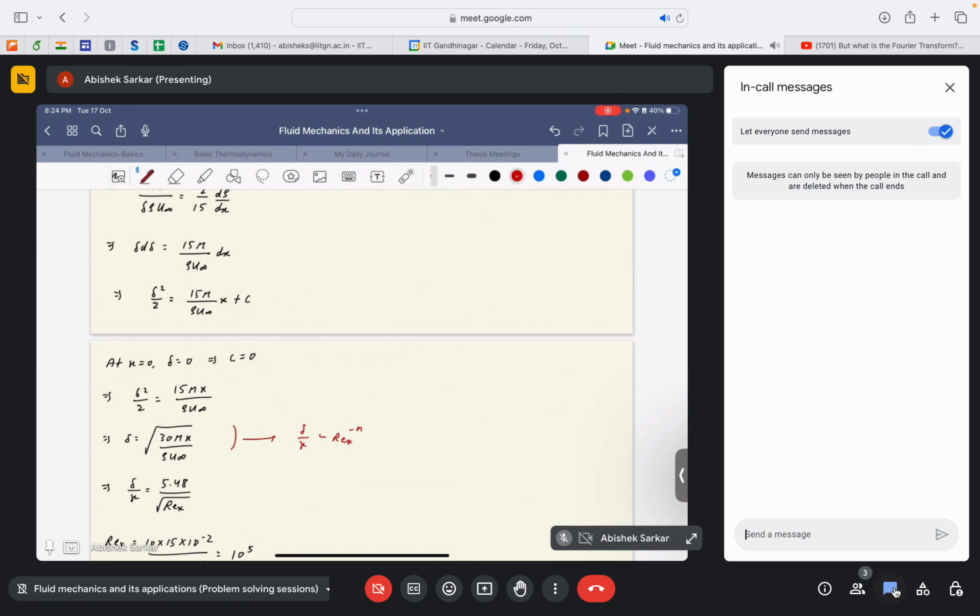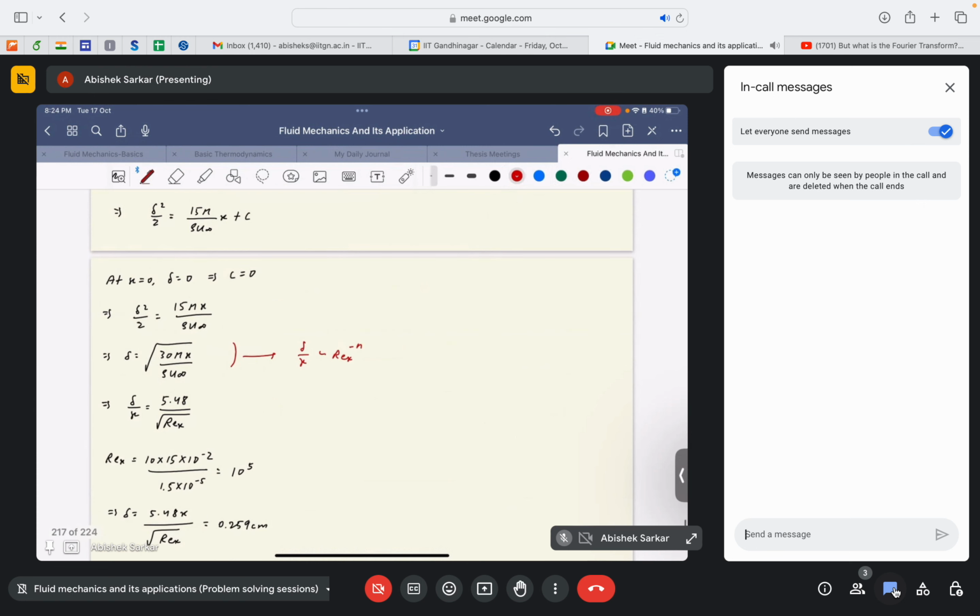Okay, so after we do that, we get that delta by x now is equal to 5.48 divided by root Re_x. Okay, now see the catch. That's why I wanted to show this result. When we were dealing with the Blasius solution, if you recall, the Blasius solution was delta by x is equal to 4.91 divided by Re_x to the power half, right? And for the cubic solution, we got that delta by x is equal to 4.64